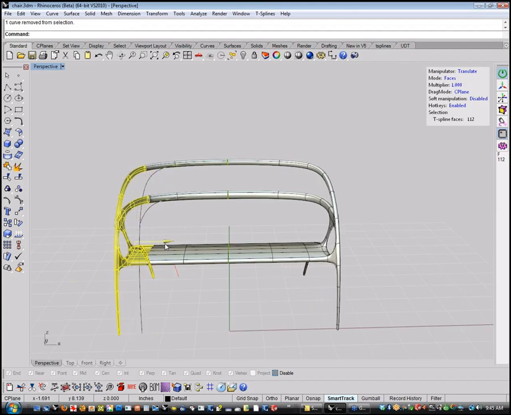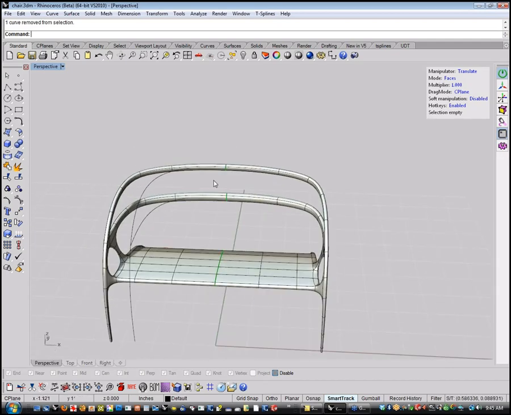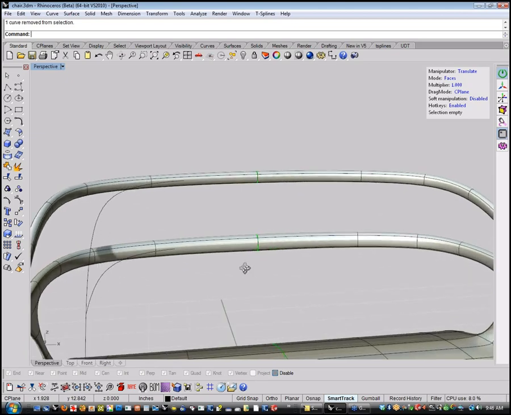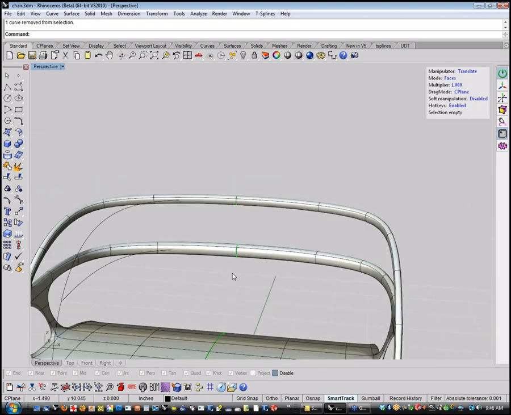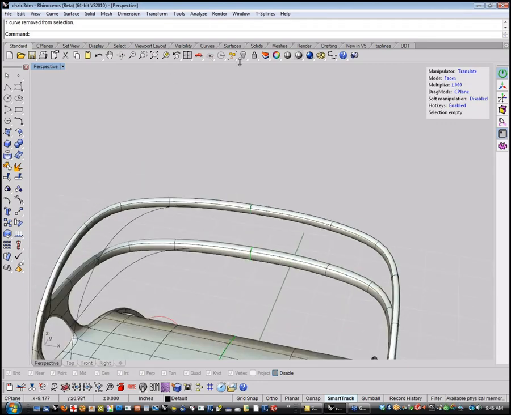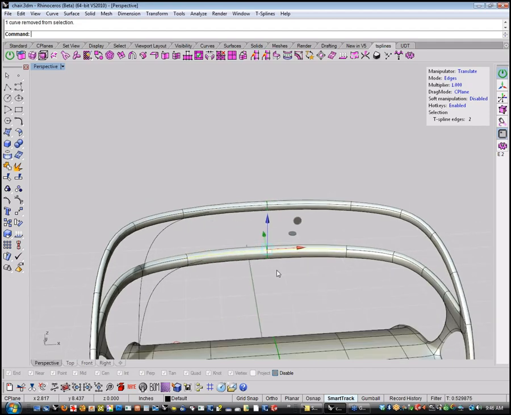Let's see. So here's a question that came a while back. Can you add in a surface with hard corners? Yeah, you can always throw some creases in this, but the creases are going to translate through your model. So in this particular design, I wasn't really thinking hard corners on this, but yeah, you can crease certain parts of it. Like, say, for instance, if we wanted to sharpen up the edge of this, I could pick an edge here and an edge here, and then I could throw a crease on that,